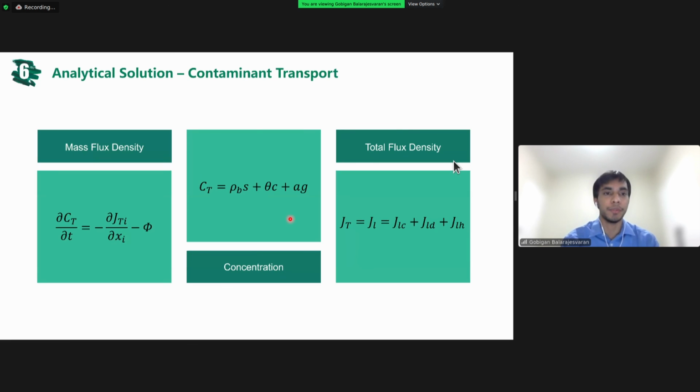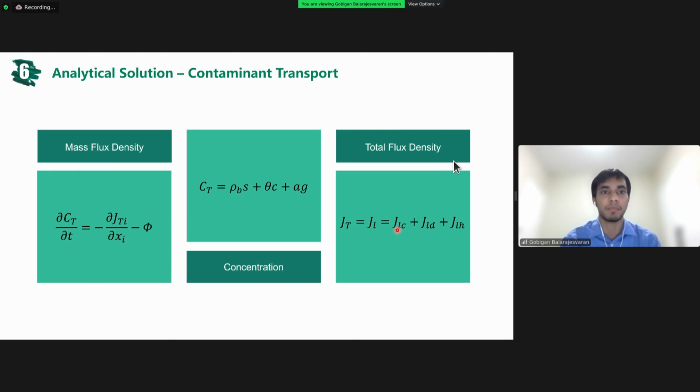So taking you through the analytical solution. Over here, we have the equation of mass balance, where the first term denotes the rate of change of total concentration, the second term denotes the rate of change of chemical mass flux density, and the last would be the change of mass per unit reaction of the sources. Now the total concentration includes the solid, liquid, and gaseous phases. And as for the flux density, for simplicity, we will only be looking into the liquid form,